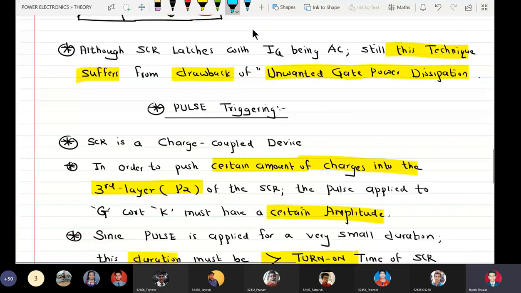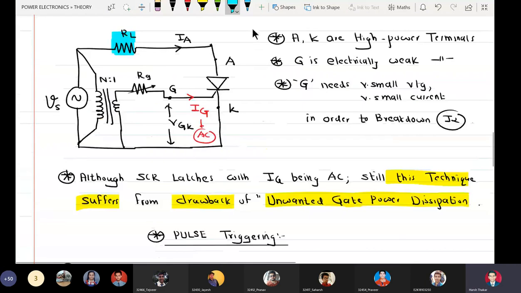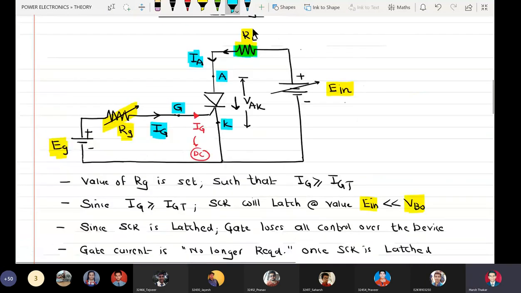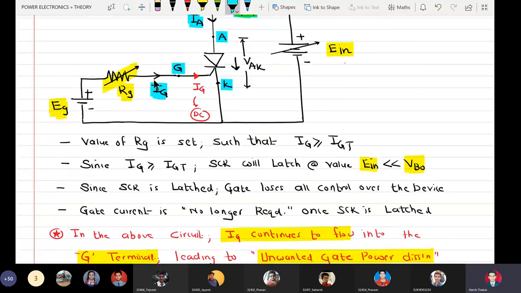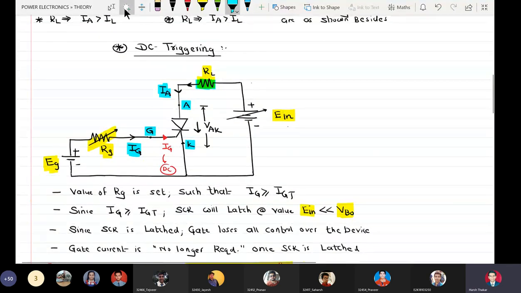So somebody may say, sir, can you show a practical demonstration of pulse triggering? Yes, we can show. Very simple, we just have to add one switch in this circuit. So I will copy this circuit and show it to you.